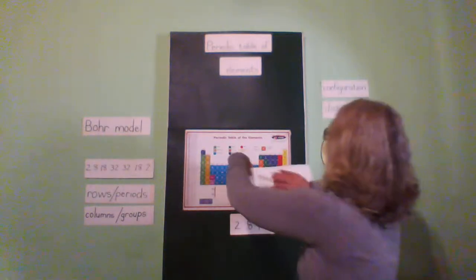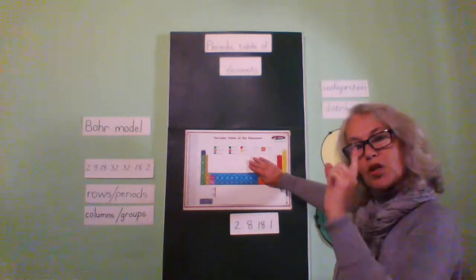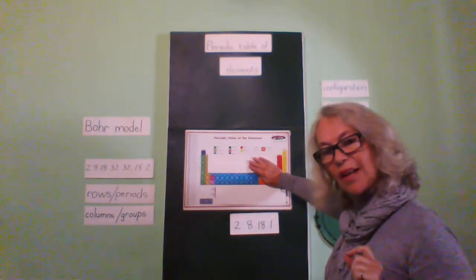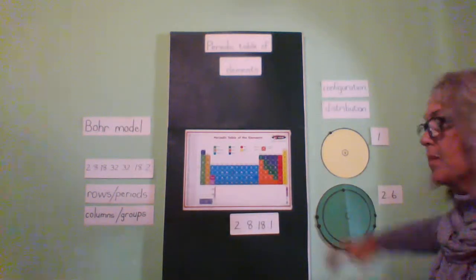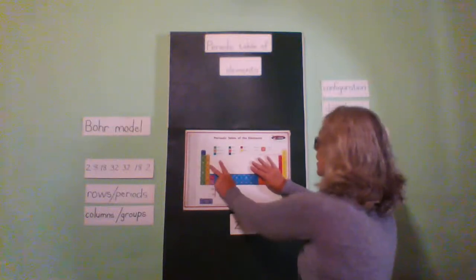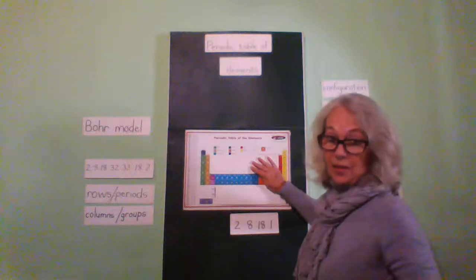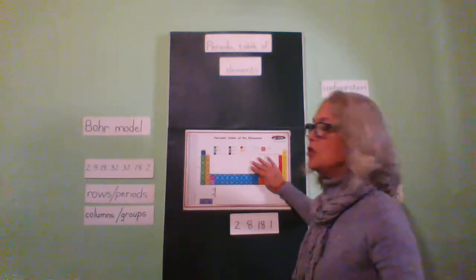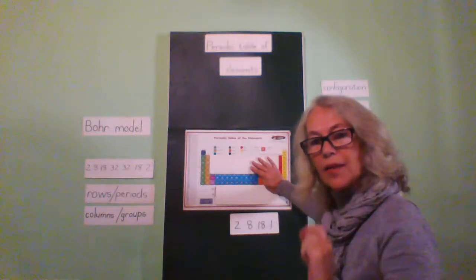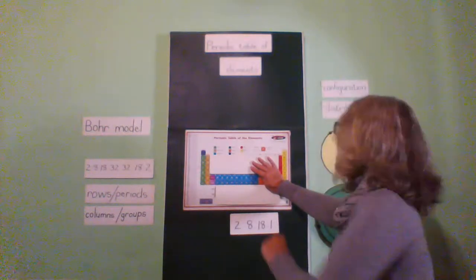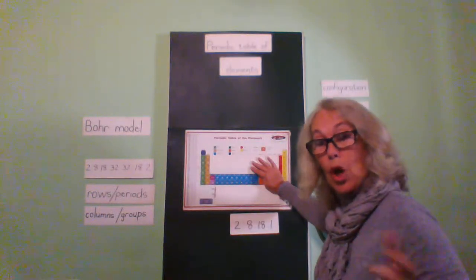So in the top row, we have hydrogen and helium, which means they have 1 energy level, because we now know that hydrogen has 1 energy level. So all the elements in row 1 will have 1 energy level. The only two elements that have 1 energy level are hydrogen and helium. Hydrogen has 1 electron on its energy level, and helium has 2 electrons on its outer or its only energy